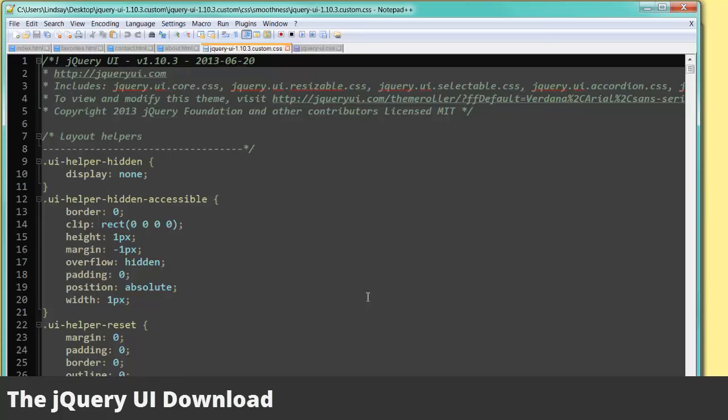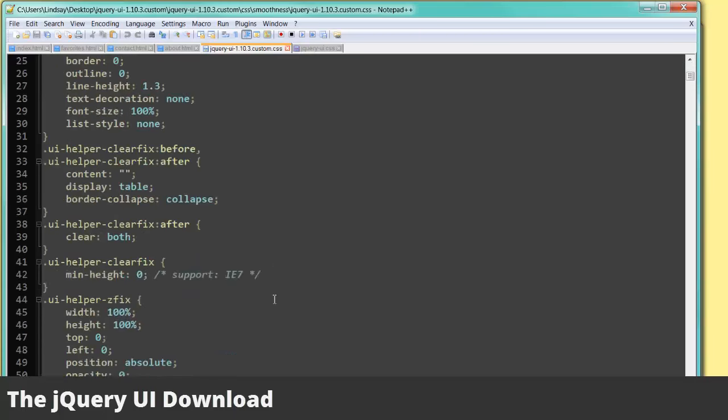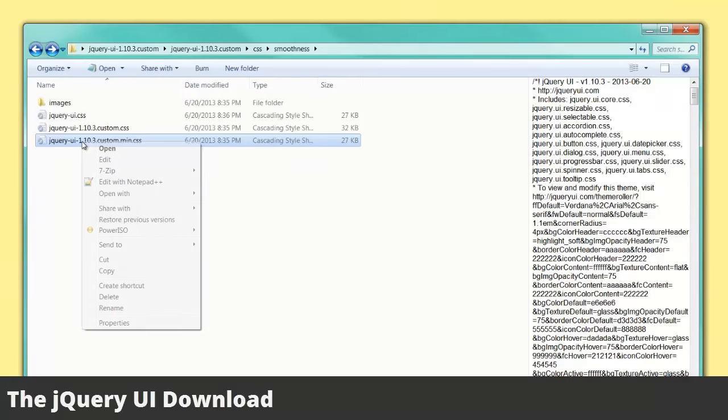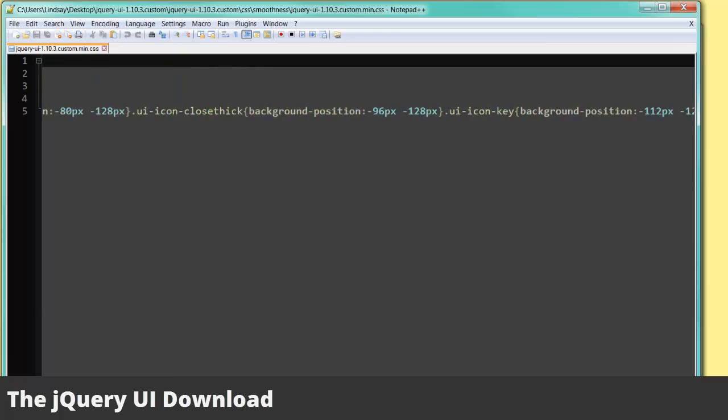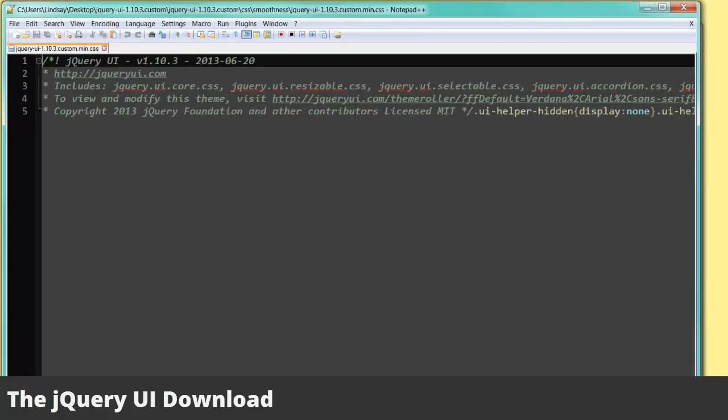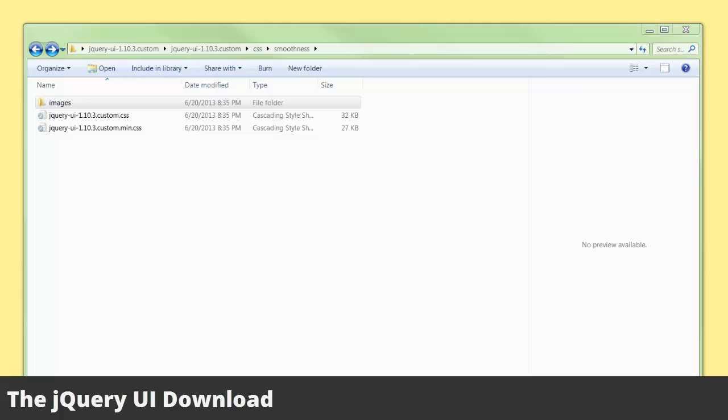So this is a normal style sheet that you're used to looking at. It's formatted real nice. And here's a minified version of the style sheet. Basically, it's just really condensed, all the white space is taken out of it, and it loads much faster in the browser. Minification is recommended for page performance of your website. So keep the unminified version if you think you're going to heavily modify the styles, but otherwise just use the .min.css version. I recommend that you rename the